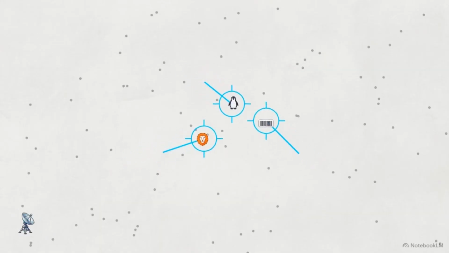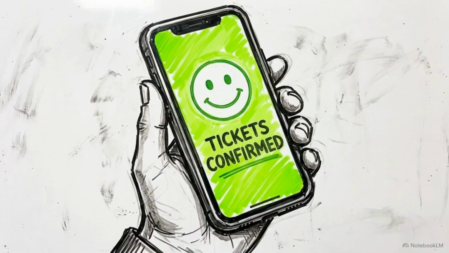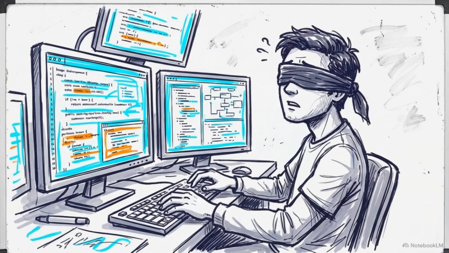When you can monitor thousands of moving parts with this kind of clarity, you can catch problems before they ever affect a real person. Without these sensors, developers are flying blind. If you want to see